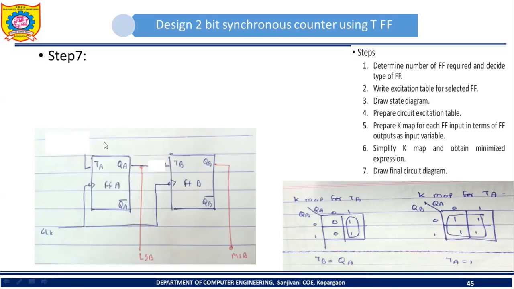So this is our circuit diagram. We are going to use 2 flip-flops, TA and TB. This is a synchronous counter, so the external clock pulse should be given to all the flip-flops. We are going to take output from QA and QB. QA will act as the LSB and QB will act as the MSB. Only one thing is remaining: what input should be applied to TA and TB. From this K-map, it is clear that TA should be connected to logic 1, so TA is connected to VCC. TB should be connected to QA, the output of flip-flop A. So this output should be connected to TB. In this way, by following these 7 steps, we can design a synchronous counter.